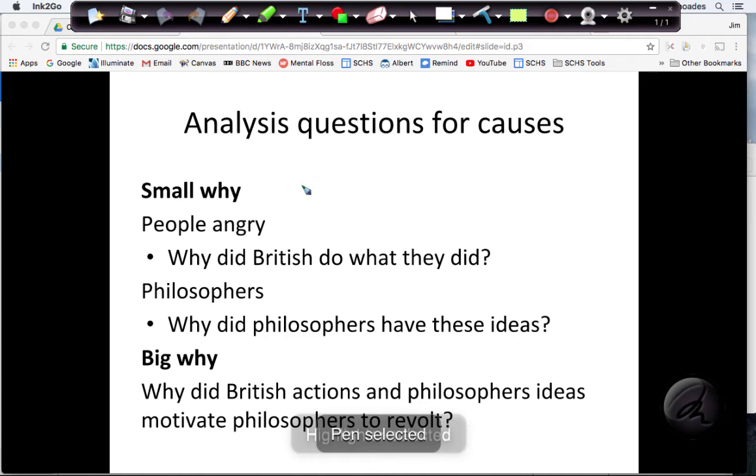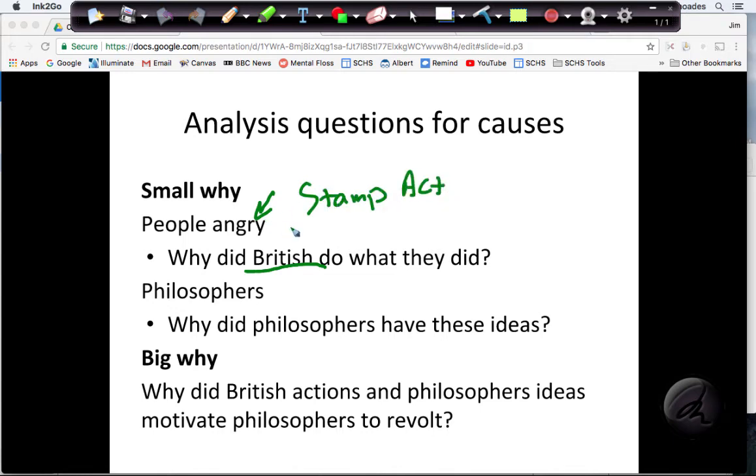Okay, so now these are going to be my analysis questions, and this is something you'll need to think about to kind of round out this paragraph. I had already established that people were angry. Remember, I had some ideas about how I was going to prove that. The question is, for the small y, why did the British do that? So if I'm talking about the Stamp Act, remember, in my small y, I'm just saying why did the evidence happen, okay? Down here is where I talk about,